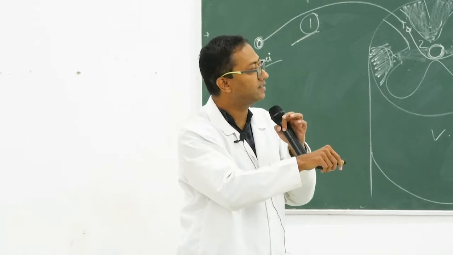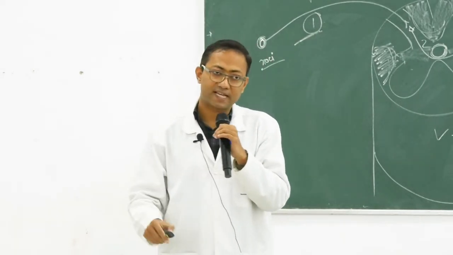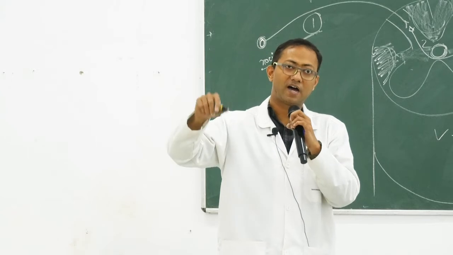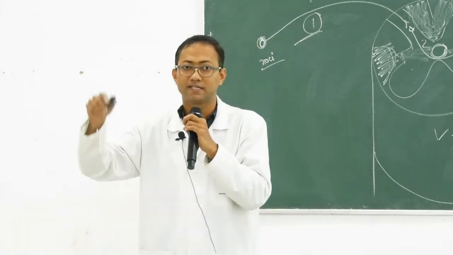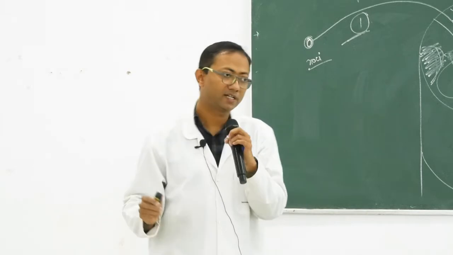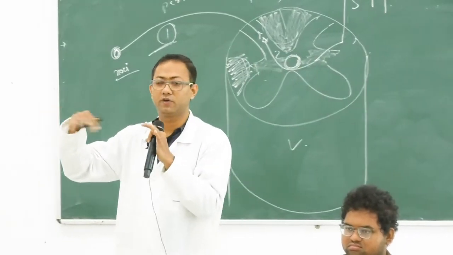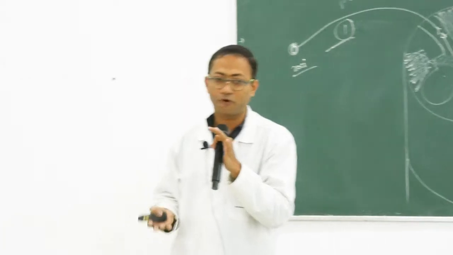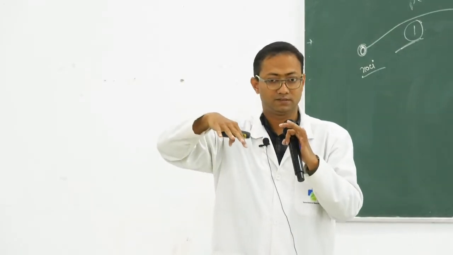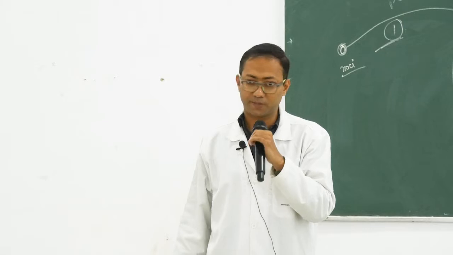One is Romberg sign and another is pseudoathetosis, right? So Romberg sign and pseudoathetosis are tests for sensory ataxia. Clear? Okay. So now we have tested peripheral fibers for both spinothalamic tract and large fibers, proprioceptive fibers,